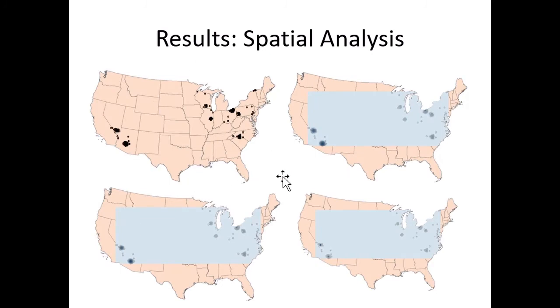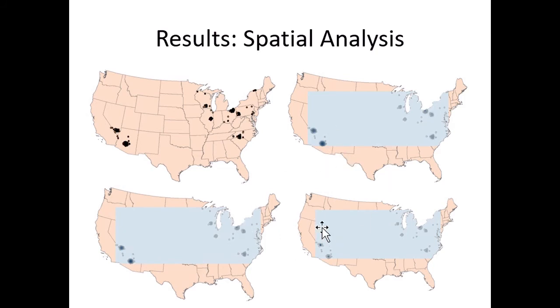And here are some maps of the businesses. This one is the spatial distribution of them. This one is the kernel density function, which is a surface analysis applied to the total count of businesses. This one is the same function applied to the average rating of the businesses. And this one is the same function applied to the average review count. We can see that from the total count of businesses, to the rating, to the review count or popularity, the core of each cluster seems to shrink gradually.